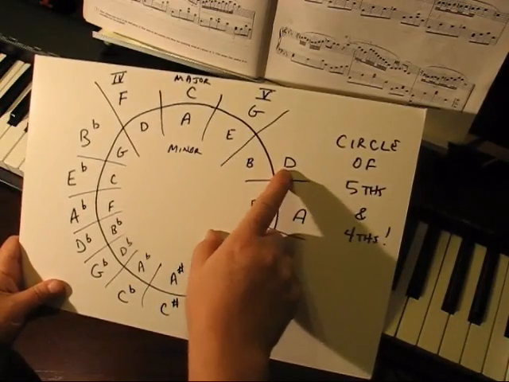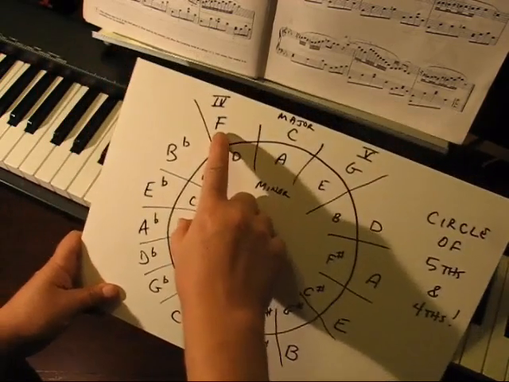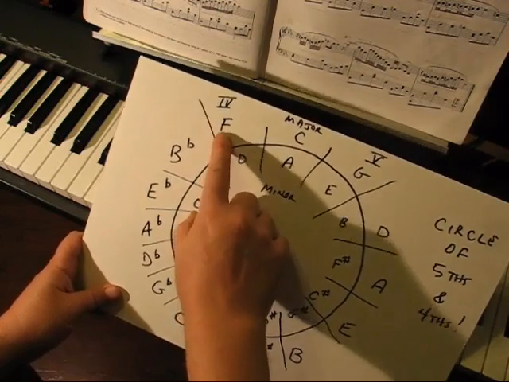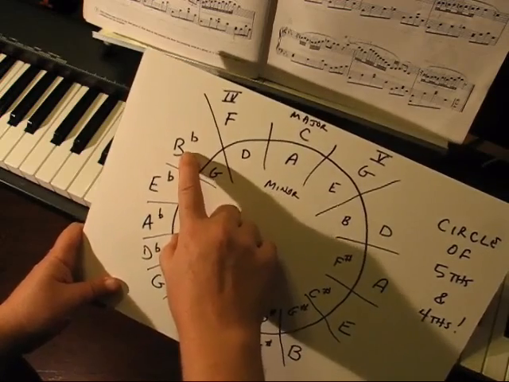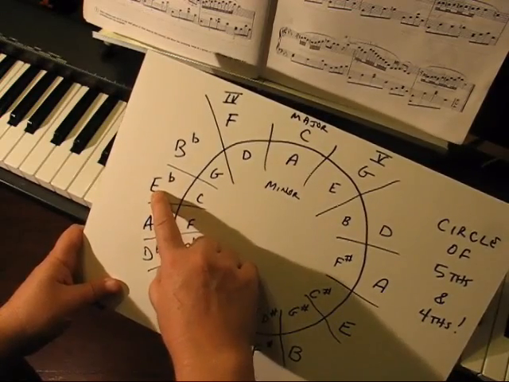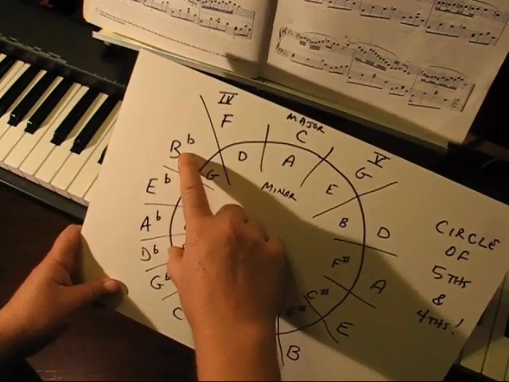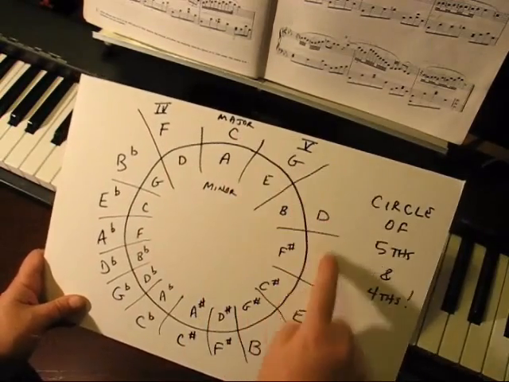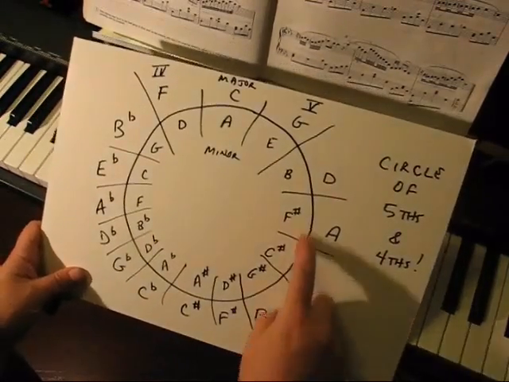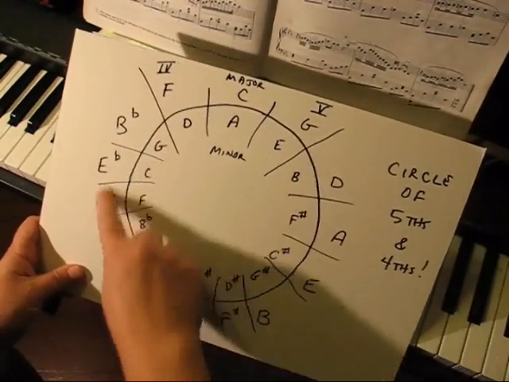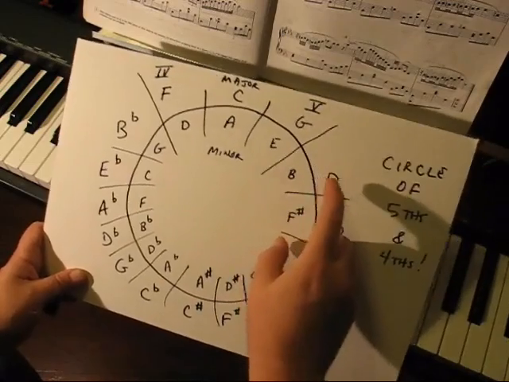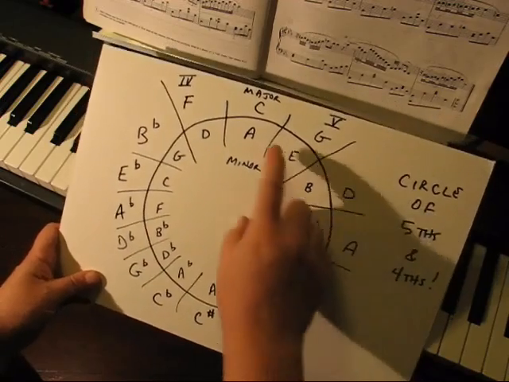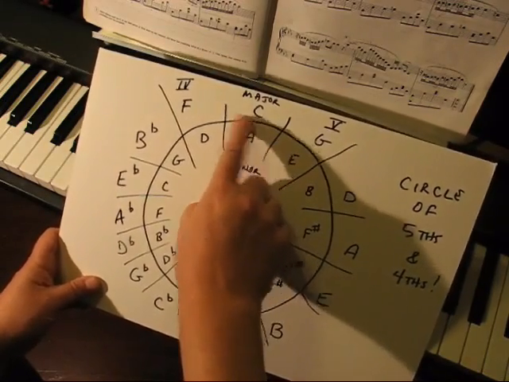When we go counterclockwise, the fourth of C is F. The fourth of F is B flat. The fourth of B flat is E flat. Going clockwise, the fifth of E flat is B flat. So this gives you the circle of fourths and fifths. You're traveling around this way in fifths, and around this way in fourths. And you can see with our example just a second ago that in the key of C, the fourth is F,